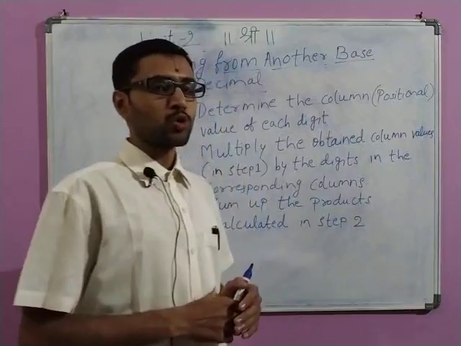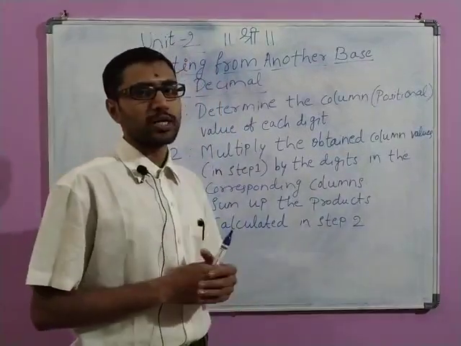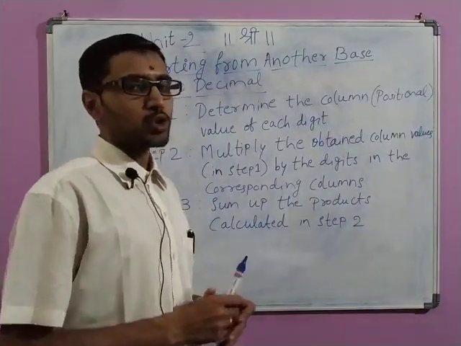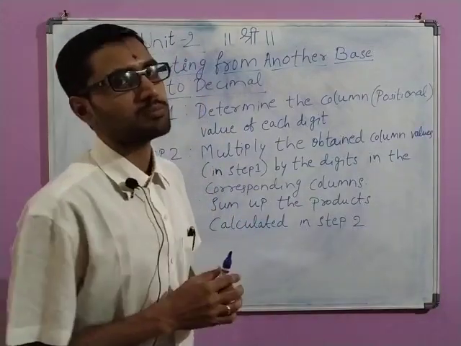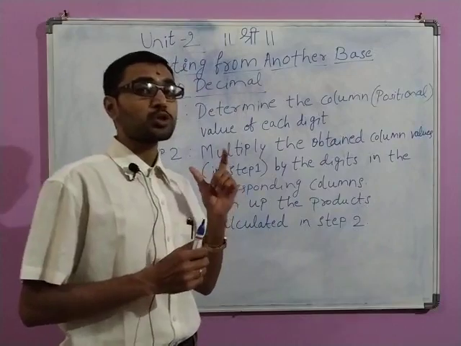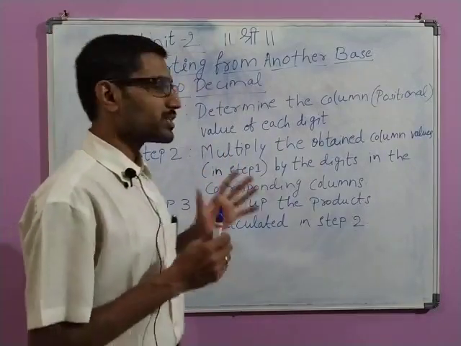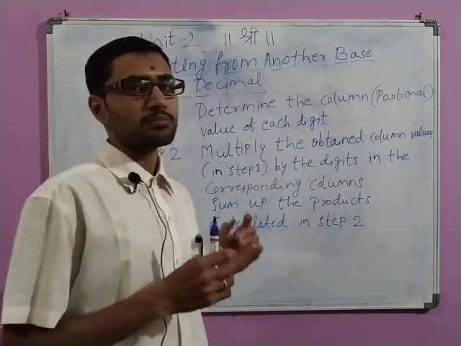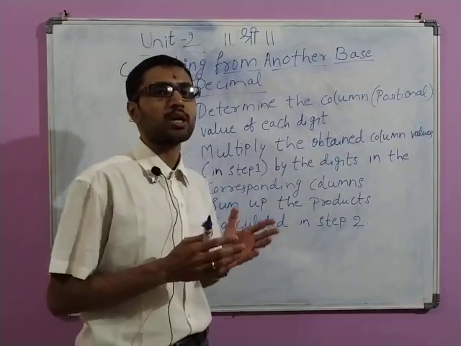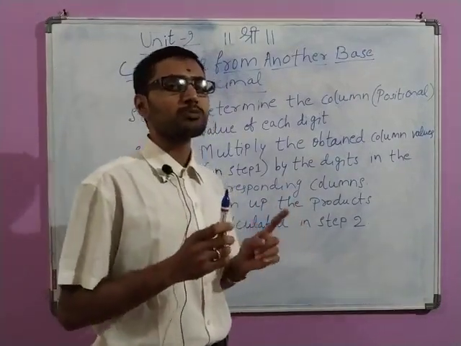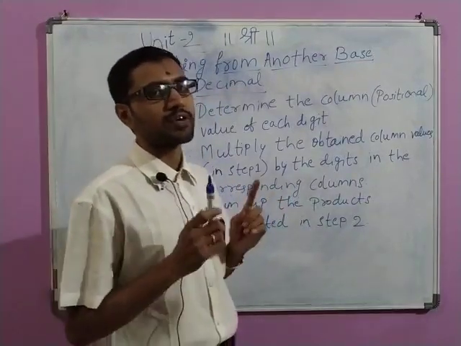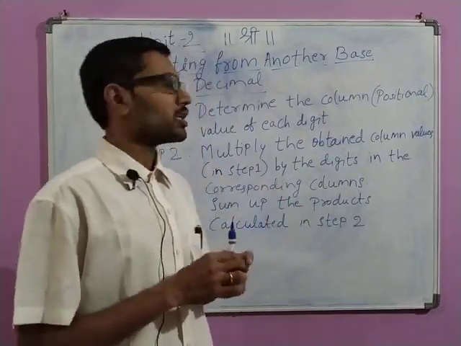So as you all know, we are discussing the second unit, that is the number system. In the previous lecture we have discussed the different types of positional number system, like the binary number system, decimal number system, hexadecimal and octal number system, and also the different types of digits and symbols that are available in each particular number system.